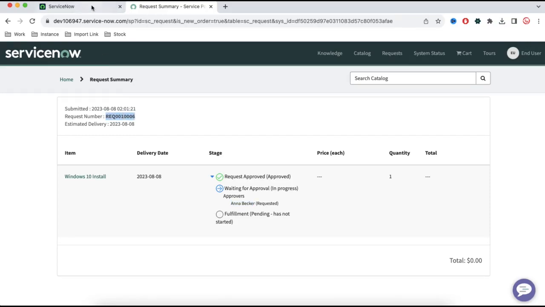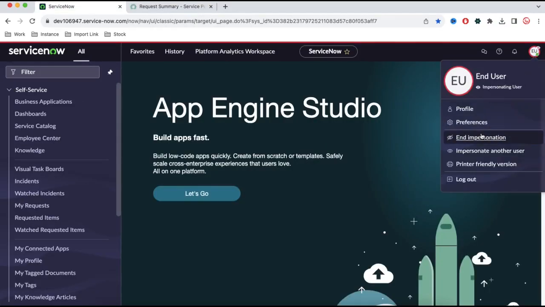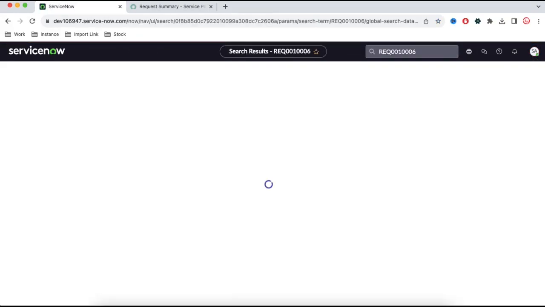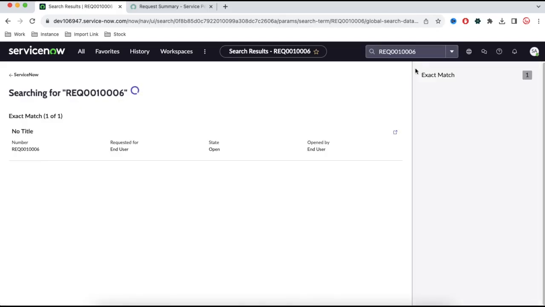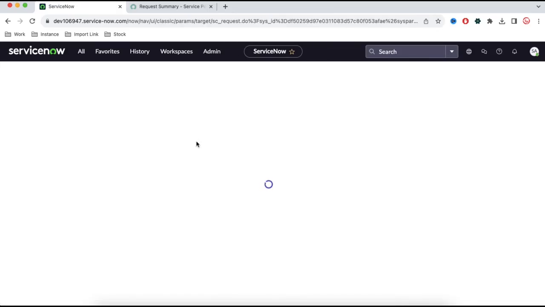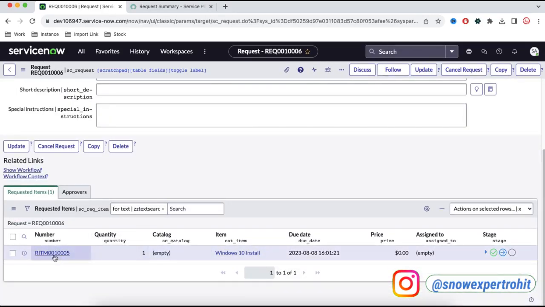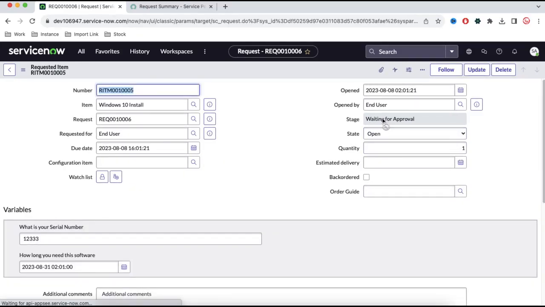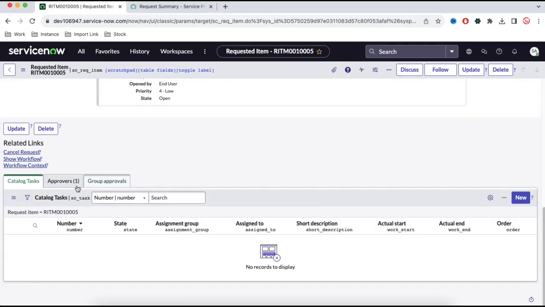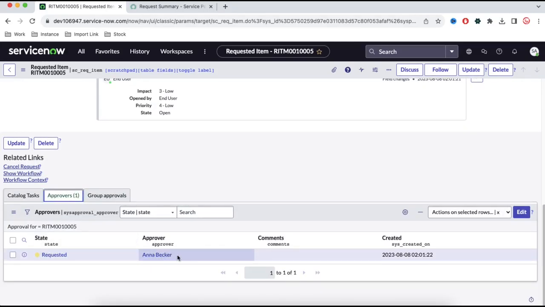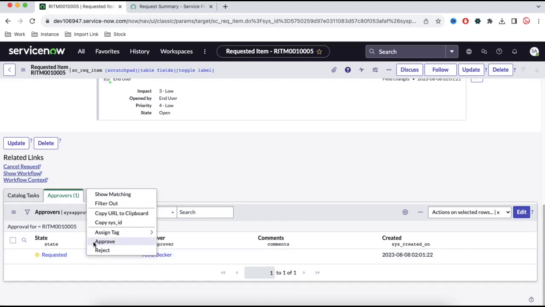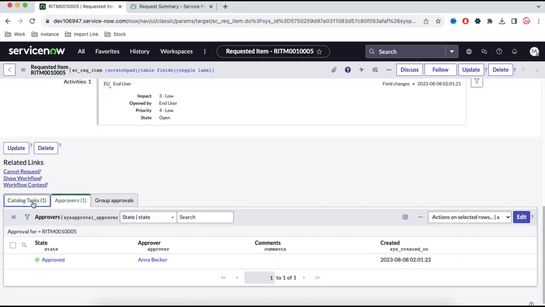So let's end this impersonation here. And let's open this request in the backend. For example, for this actual user, if I open this RITM, you can see the stage is waiting for approval, and who's supposed to approve it? This has to be approved by this user. Let's say that this user approves that. What will happen once this user approves this request? It will generate a catalog task,